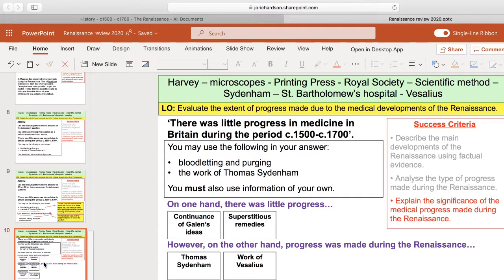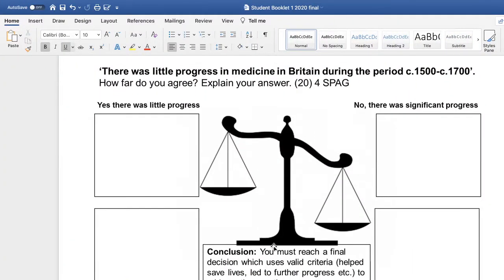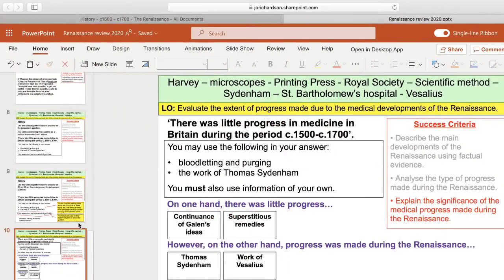So what we've given you in your booklet is two sides. So number one, you need to think, which side are you? And number two, you need to make sure that you understand what more to say. Because in this assessment, you need to be writing